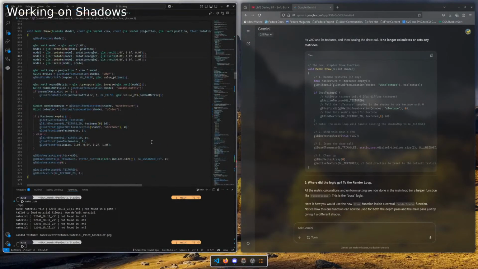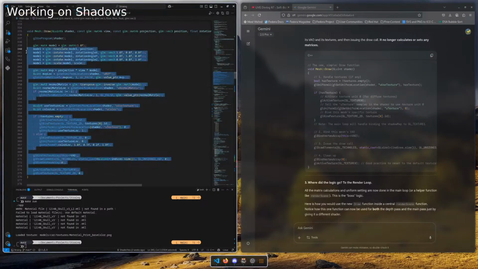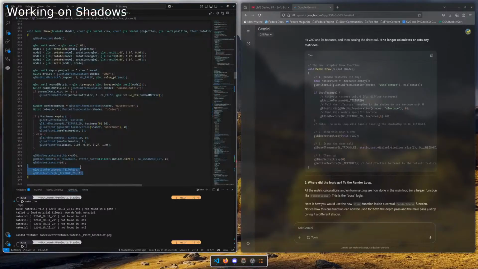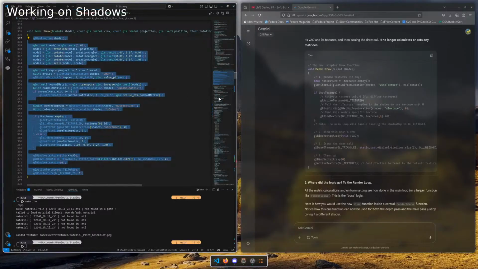Bro, I know I wasted a lot of time writing this code. I saw it, then I went through a lot of documentation to write it, but sorry. Wait, where do we even use the shader? Where are we even using that? Yeah, so we don't set it, okay? Cool, let's try that. I've never done that, to be honest.